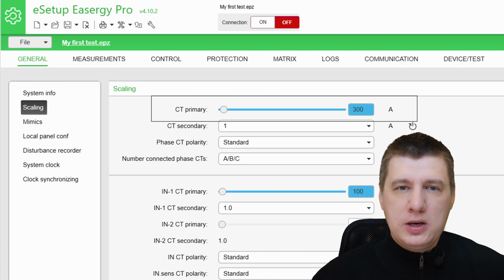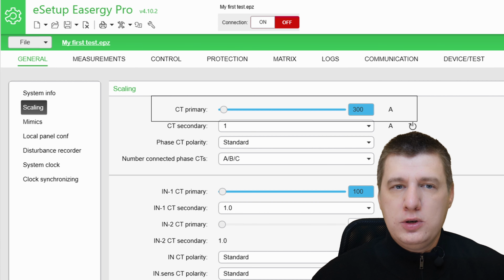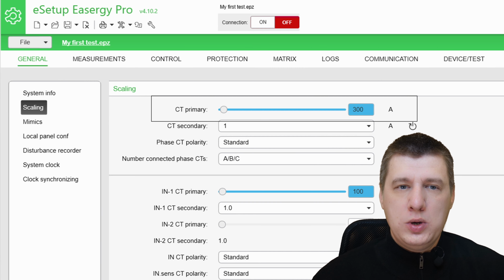Setting the CT primary is like programming a currency converter app. If you are in a foreign country, you see a price of 5. The app needs to know the exchange rate to tell you the actual cost is 300. Without entering the 300 exchange rate, you have no way to know if 5 is a bargain or a huge